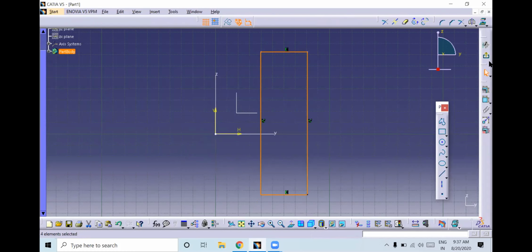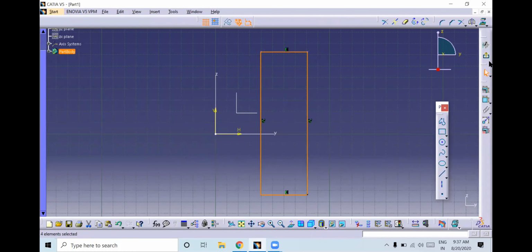Go to shaft. Shaft is also a material adding feature, and it is used to create circular profiles, circular parts. Once you click the shaft option, it asks you to select the profile. Once you select the profile, you need to select the rotational axis, with respect to which axis you have to rotate it.